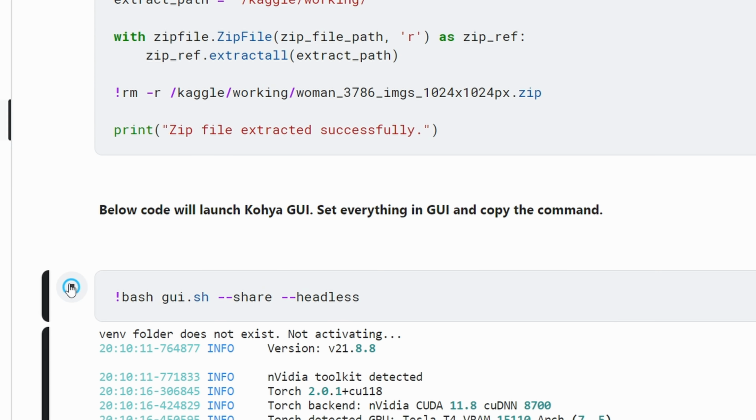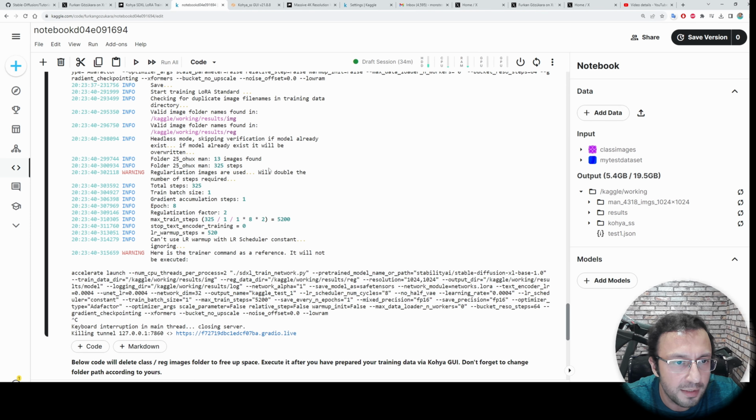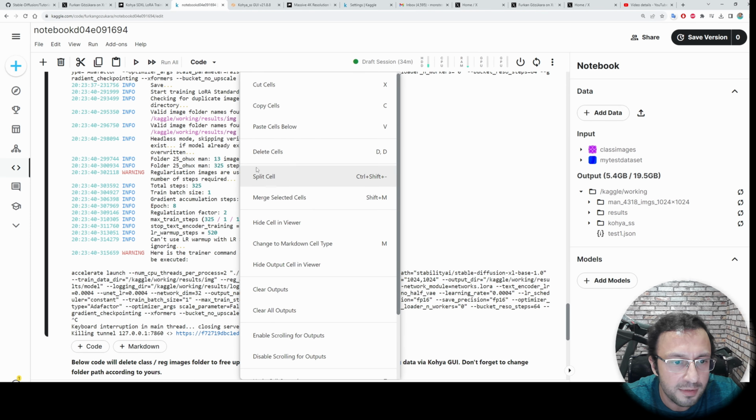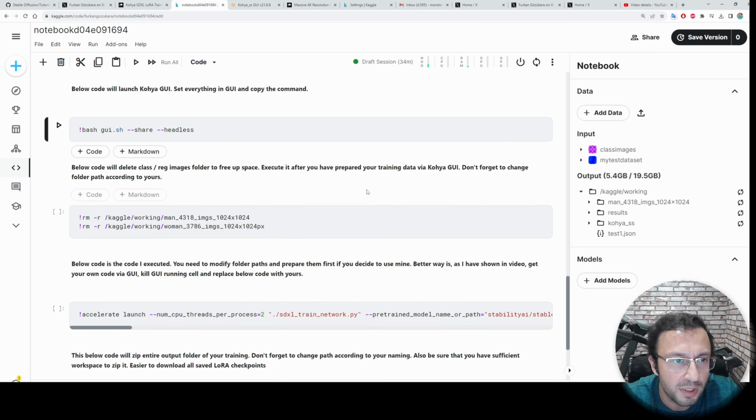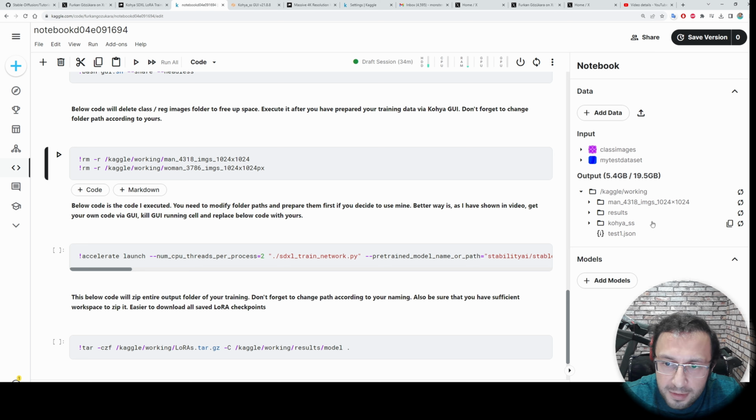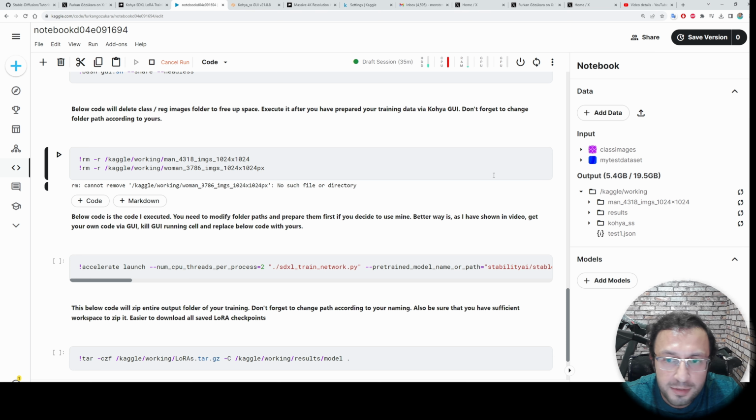And after that, I need to stop this running cell. Let's clear everything. So I right click somewhere and I click clear outputs or clear all outputs. Everything is cleared. Let's delete the classification images directory so we will have more space. Let's click this. We can delete this. Why? Because we already copied all of the images into the results folder here.